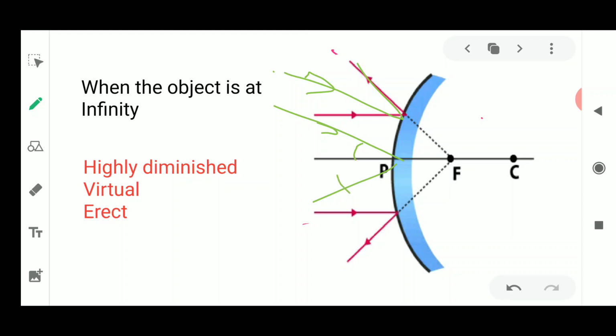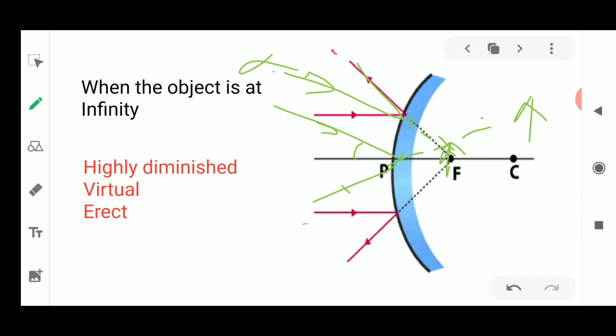Forget about the angles. Now we will draw the ray. We are going to extend these lines backwards. While extending these lines backwards, when you extend this backwards, it is going to meet somewhere here, and this line also will be extended backwards. As you could see here, the image is formed on this side at focus. You could see that it is actually on the upper side of the principal axis, which means the image formed is always an erect image. It is an erect image, and it is very small as compared to the object.